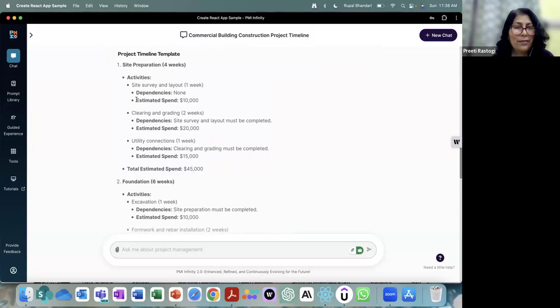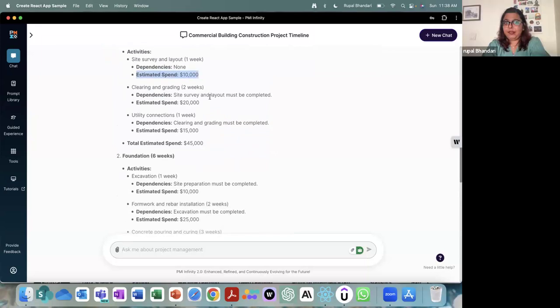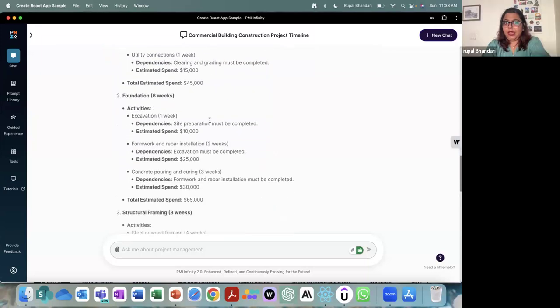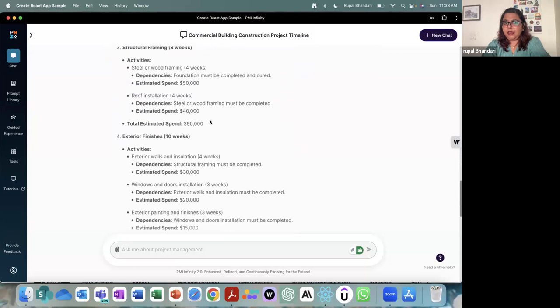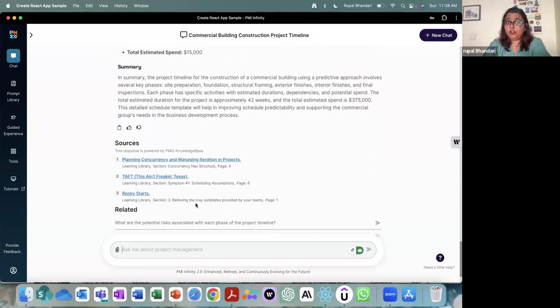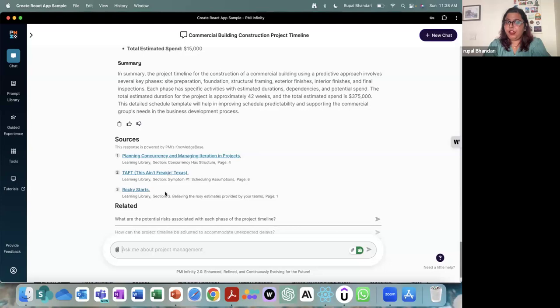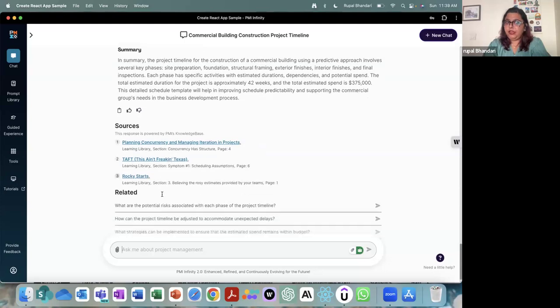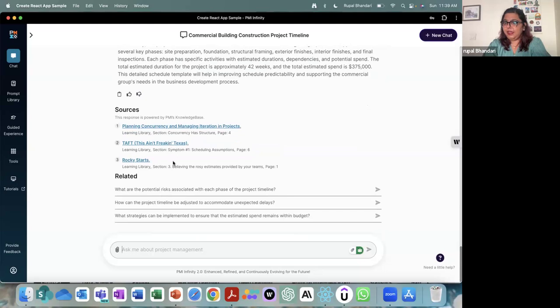Like we mentioned, it has added estimated spend and it has told us a little more about where our budget is going. And it's also giving us resources, by the way, of where this information is coming from. It's not completely in the blind. I can ask it to give me the direct link also of places it is using for the information. I can say, give me this in a table so I can paste it